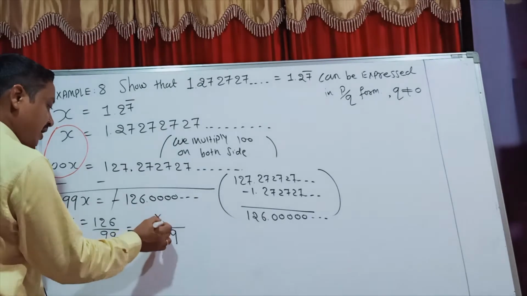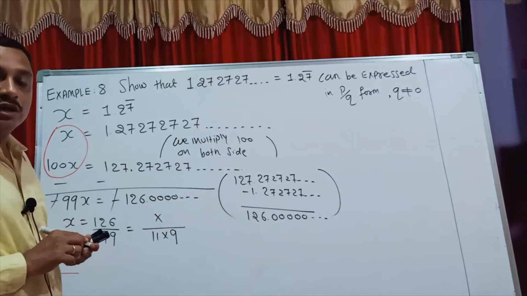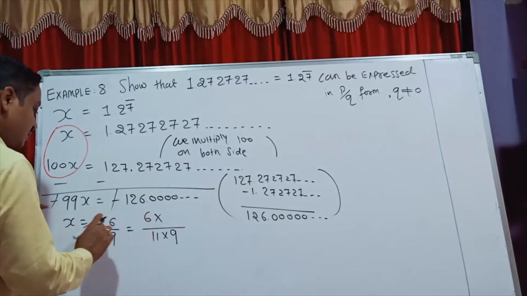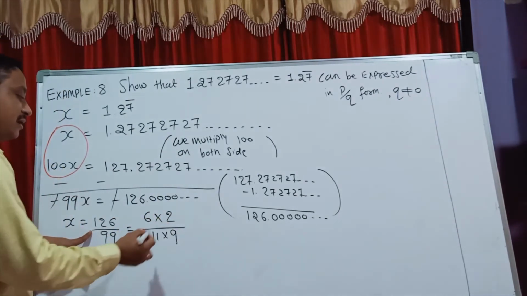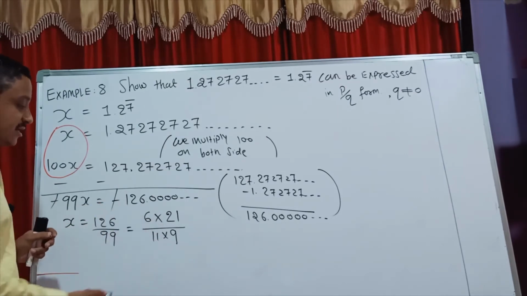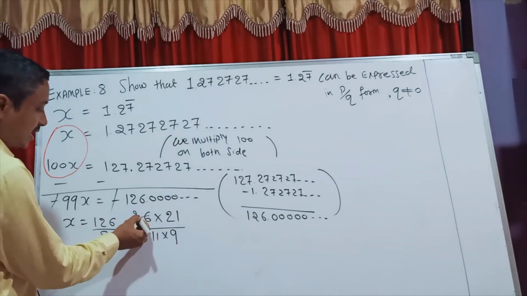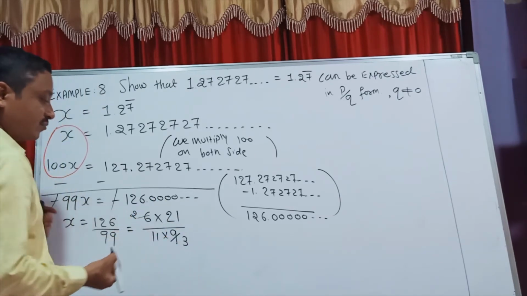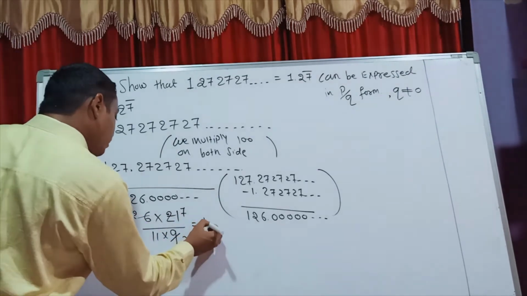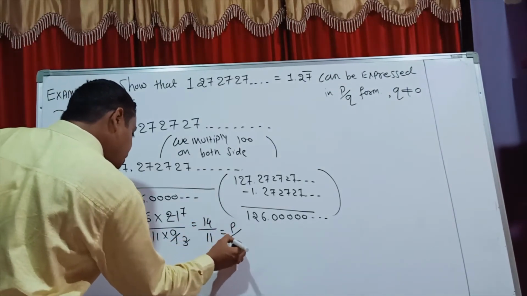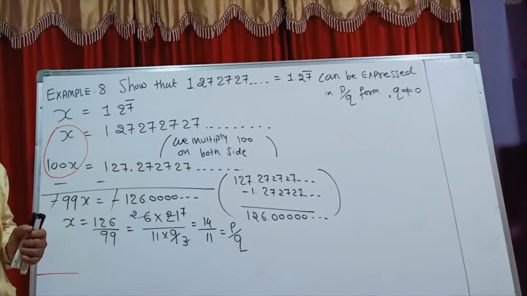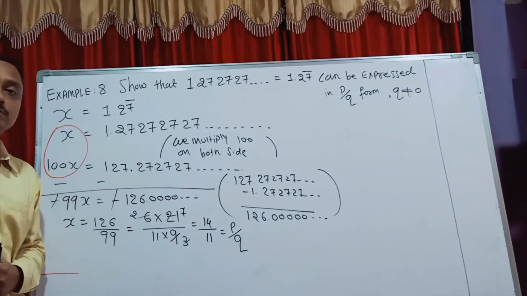And here also cancellations by product known, after that 1 to 6. 6 2s are 12 and 6 1s are 6. This definitely cancel. Here 2s are 3 or here 3 3s are. Next 3 into 7s are. Finally 2 into 7. My answer 14 by 11, which is your P by Q form. And this numerical here happily our done.